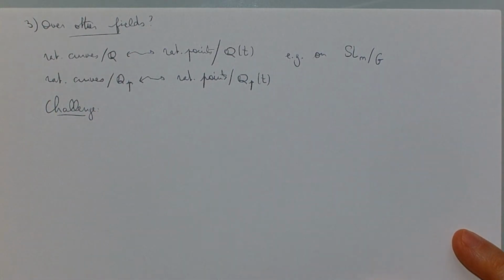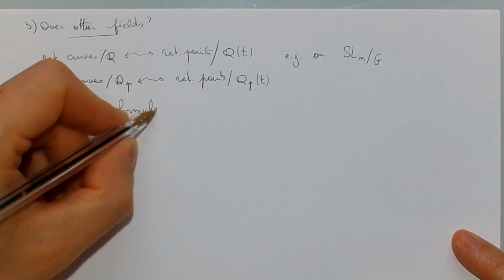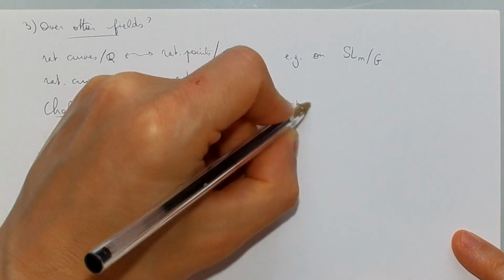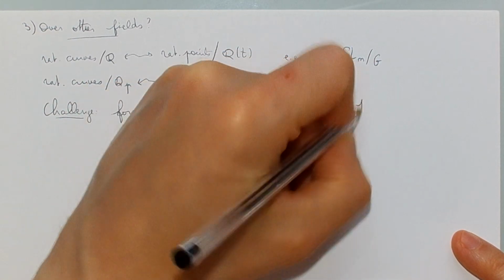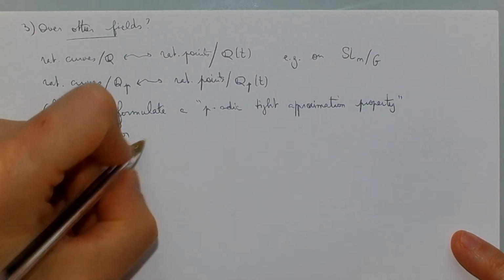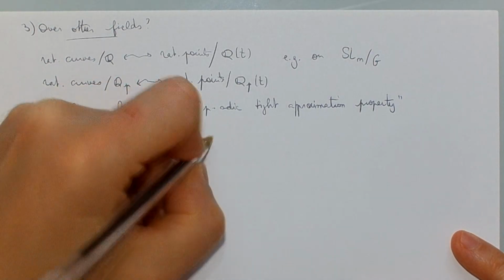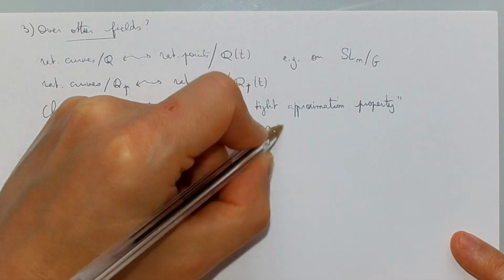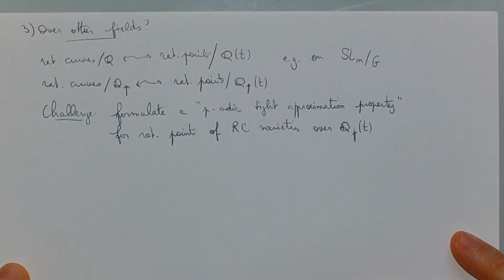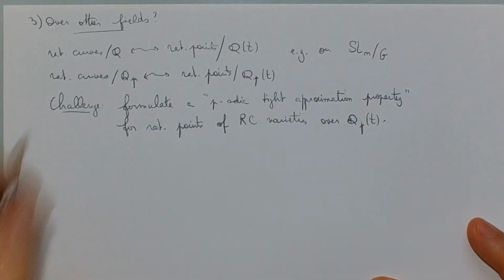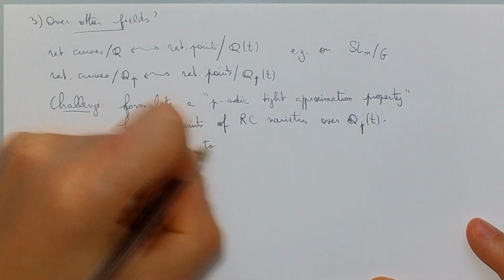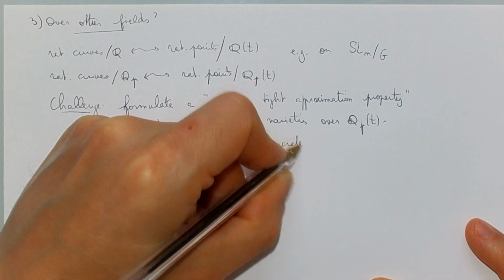Well, there should be some p-adic version of the tight approximation property. So formulate a p-adic tight approximation property for the rational points of rationally connected varieties over Q_p(T). And this formulation should satisfy two things. First, it should be precise enough to yield concrete criteria for the existence of a rational point,